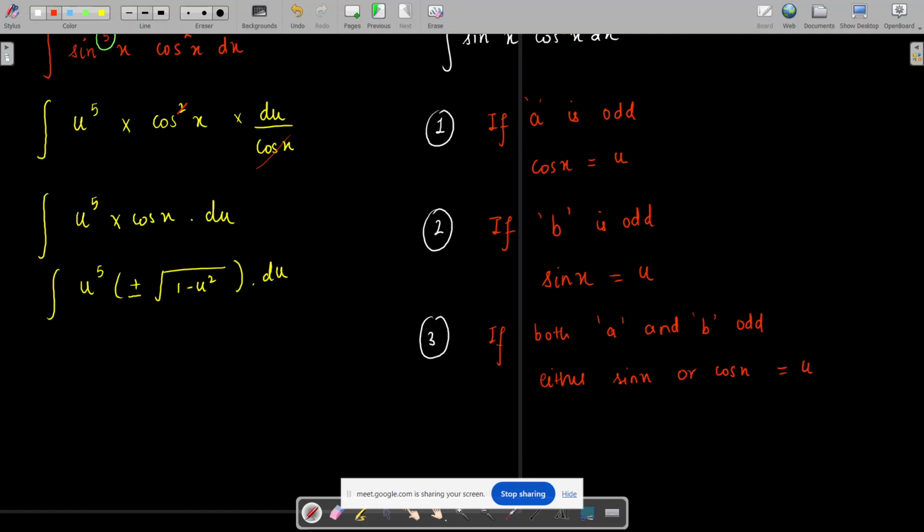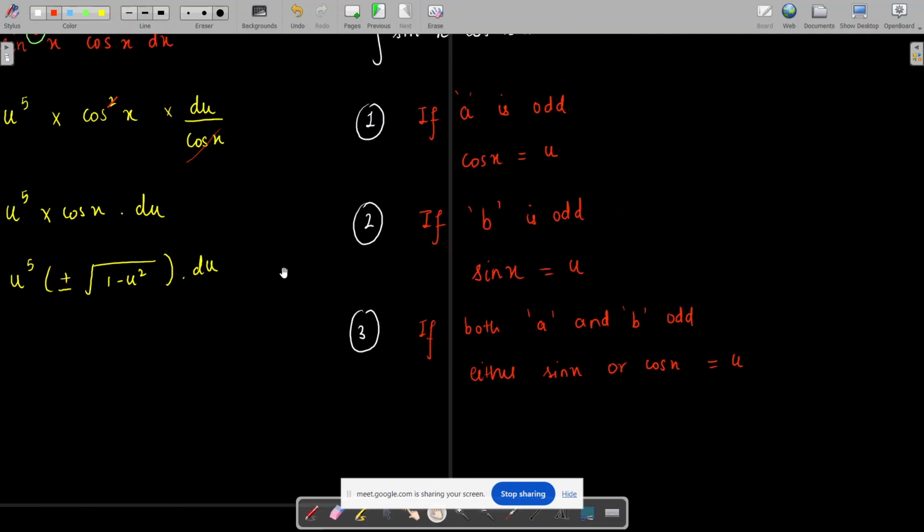The fourth case is if both the powers are even. If both a and b are even,